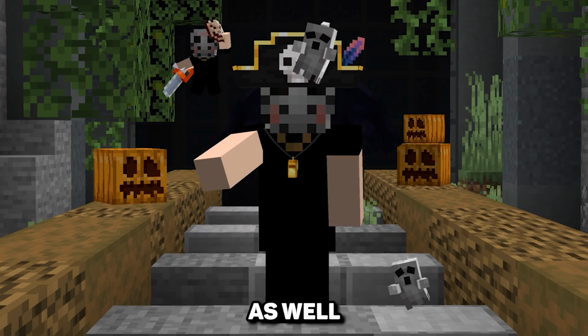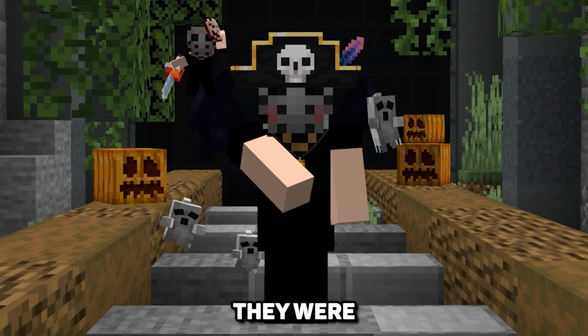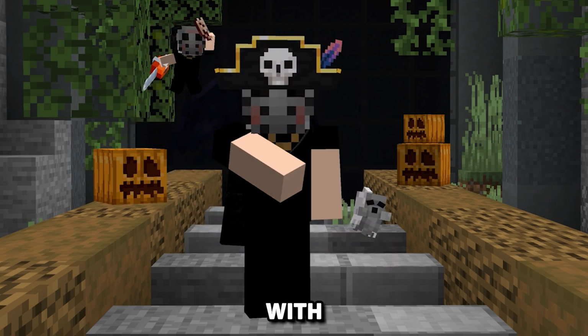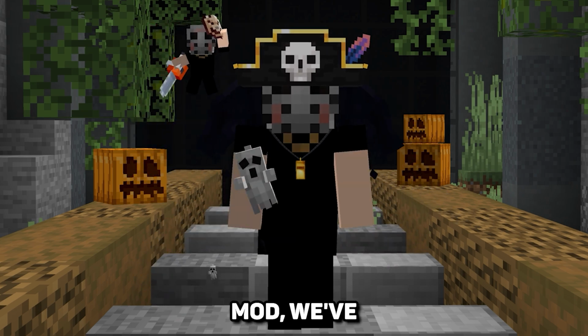issues while playing. As well as this, we've also added support for versions 1.21.2 and 1.21.3 on the same days that they were released for vanilla Minecraft. This means that all the features and changes from these versions are immediately available for you to launch with and play with your friends. Now, before we head into our massive changes to our Skyblock mod, we've just made an